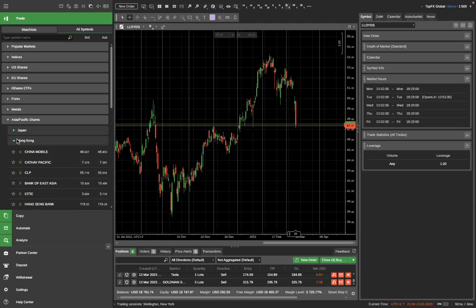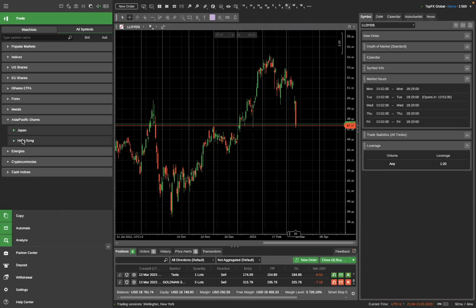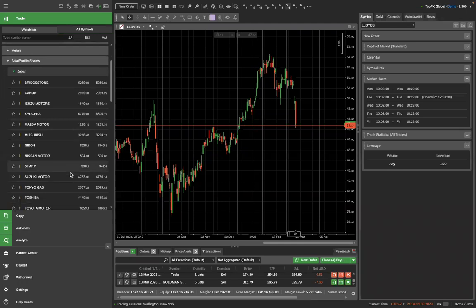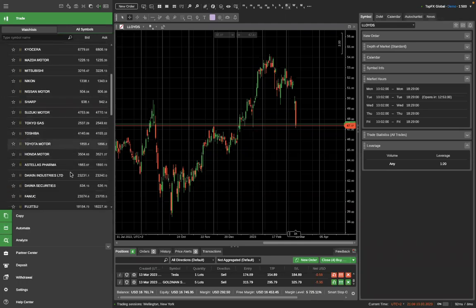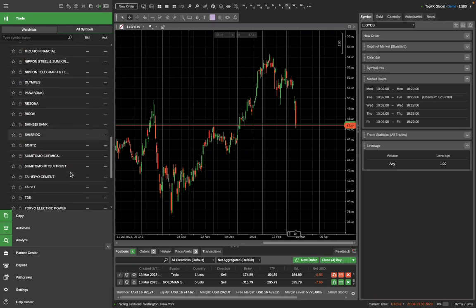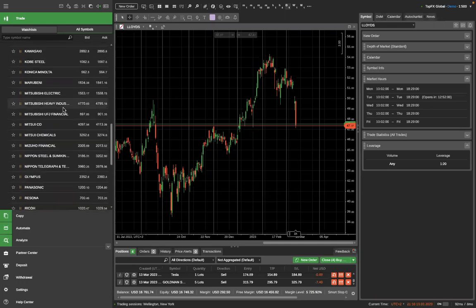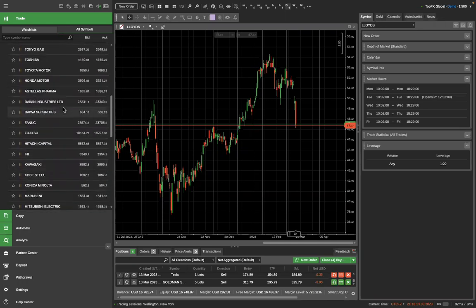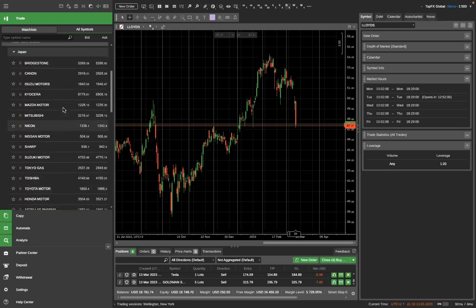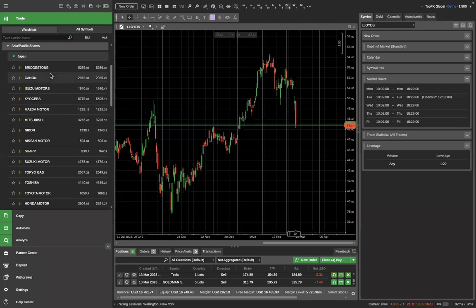Asia Pacific shares. So what do we have here is Japan and Hong Kong. So we have the Japanese shares and we have the shares from Hong Kong. In Japan, as you can see, you can find plenty of these markets that are listed on the Japanese stock exchange. All of the world famous companies are here. I bet that you know plenty of these markets. Ricoh, Mitsubishi, Kawasaki. You have Fujitsu, Toshiba, Sharp, Mazda, Canon. Plenty of well-known companies you can trade